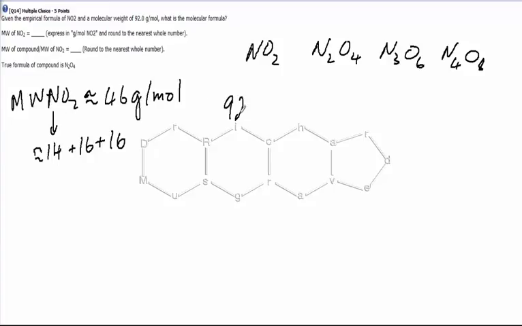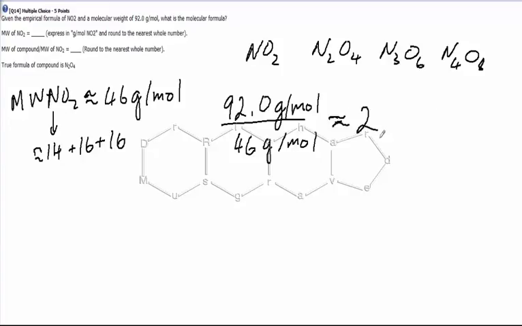We just need an approximate number here, because what's going to happen is we're going to take the molecular weight here and we're going to divide it by the molecular weight that we have for the empirical formula here. And that's going to come out to approximately 2. So what that tells us is that in the compound there's 2 of these NO2 units, which means that the real formula is going to be